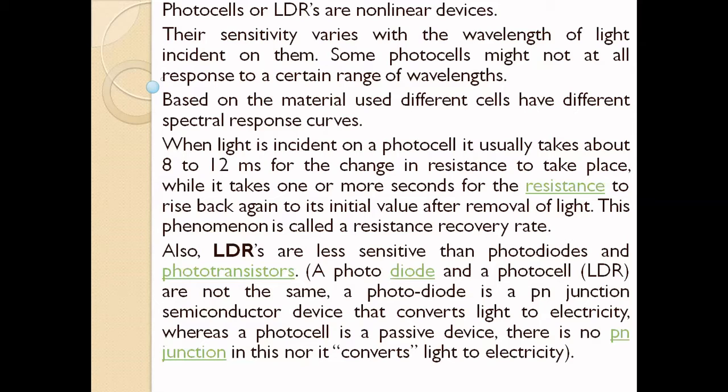Next, what is an active device and what is a passive device? An active device, like a solar cell, needs no external supply. If you use the solar panel in sunlight, automatically you get some electricity. That is called an active device. A passive device, like the LDR, needs some supply, and only if light falls on it does the resistance value change. In an active device no power supply is needed; light is directly converted into electricity. But in a passive device, light is converted into resistance, and it needs some source.